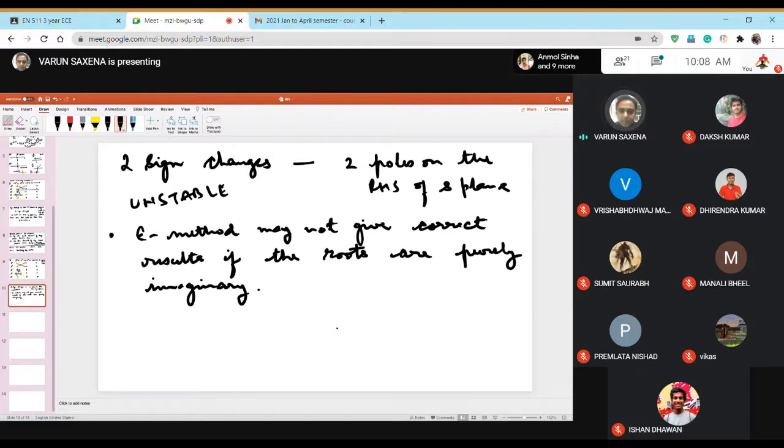Similarly, it was observed that there were some systems in which, when analysis was done, the roots were found to be purely imaginary, and in those cases when the Routh-Hurwitz criteria was applied, the method may not have worked. So this statement that I've written has come after a lot of physical verification of some systems, and then coming to the conclusion that the Routh-Hurwitz criteria may not work when the roots are purely imaginary. That is basically what it is. I hope I've answered your question.